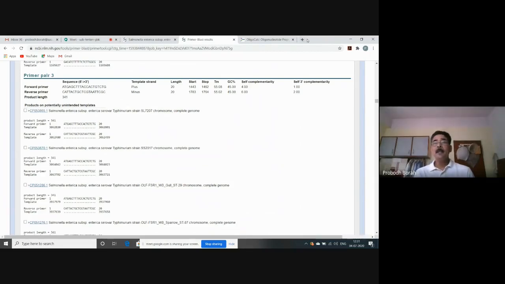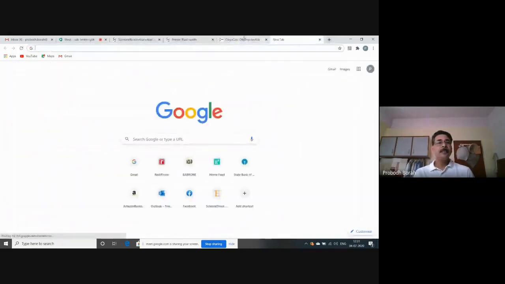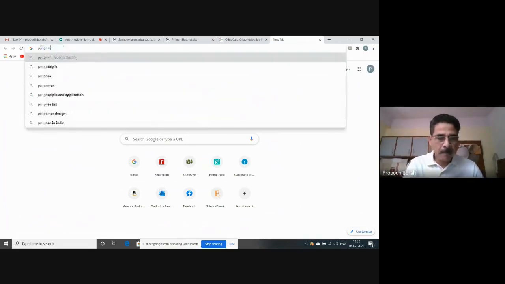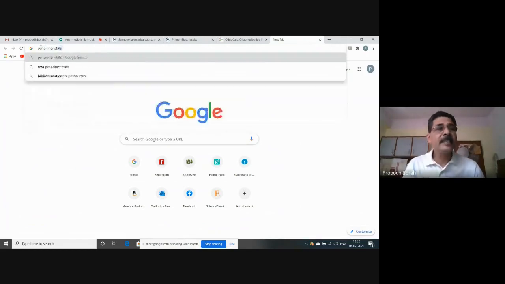So it is always preferable to use more than one tool for testing the primer specificity, sensitivity, or properties. For that, we'll start a new tab and go to another tool called PCR Primer Stats.